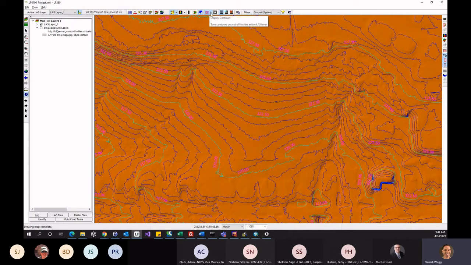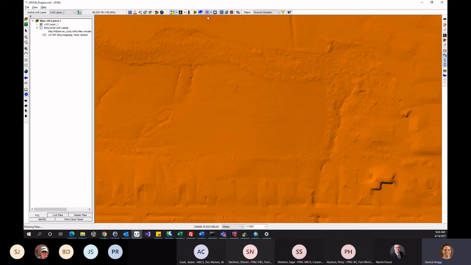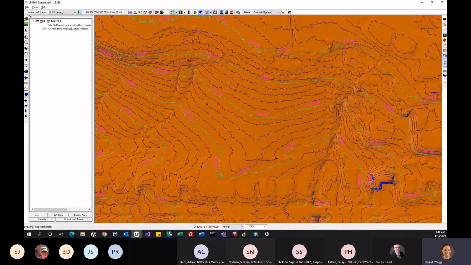And the other setting, and you'll see this in a few spots where the buttons are a kind of tri-state button. There's the toggle on and off, and then there's a drop-down arrow which says, I've got options for this button. So in this case, we can display just the contours, the engineering contours, or we can smooth those,